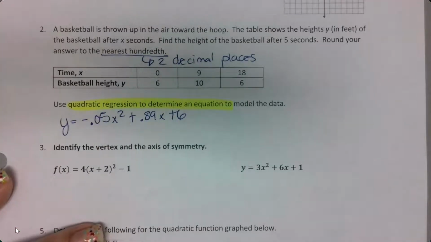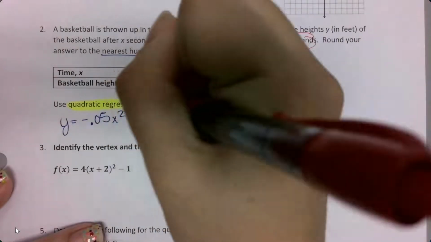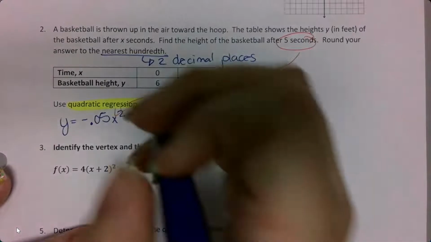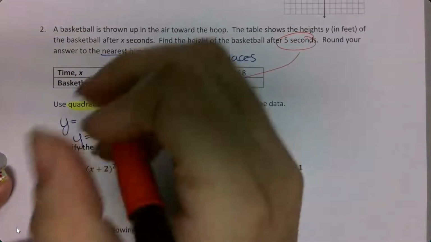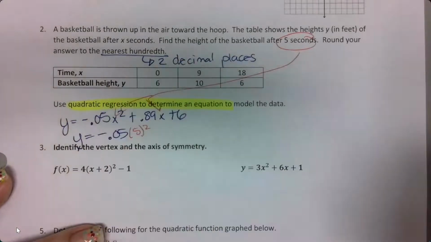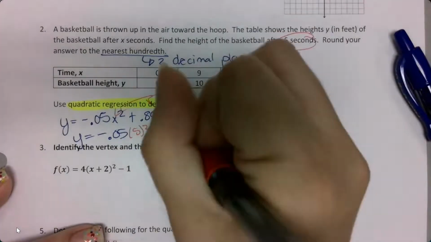Then I need to figure out after 5 seconds. So I'm going to go ahead and plug in 5 for each of my x's. I have y equals negative 0.05 times 5 squared plus 0.89 times 5